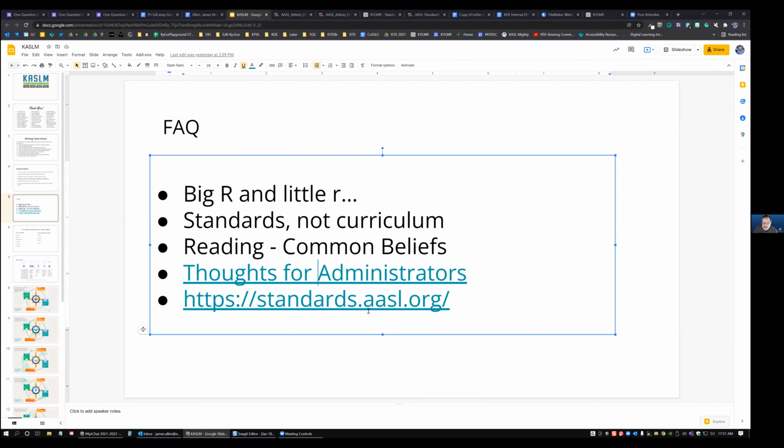The standards site from AASL is also really good. They have some great things in there that you can go over. There's messaging for parents. There's messaging for your school librarian. So the standards,